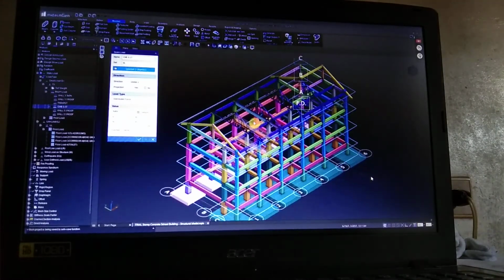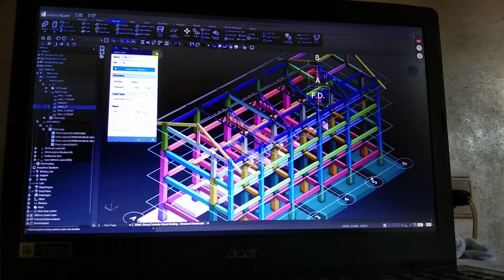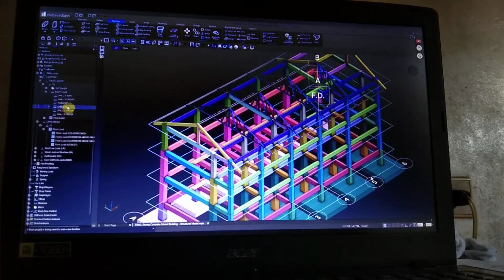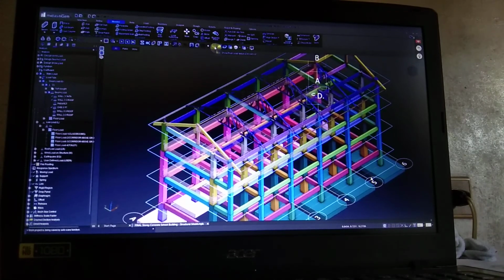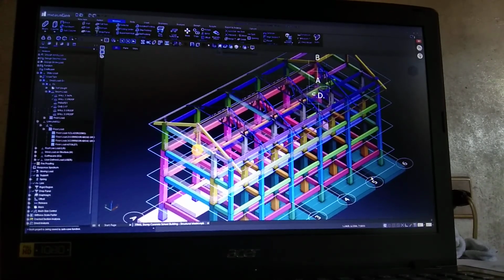Also negative 10 for the internal walls. You can toggle it so it will be shown in the model. And if you want to view the values, you just go to the toolbar and then show or hide load value, or you can simply press Control Alt V. So you can see the